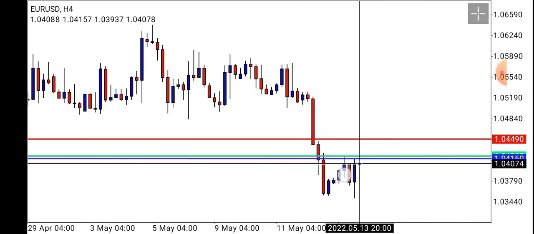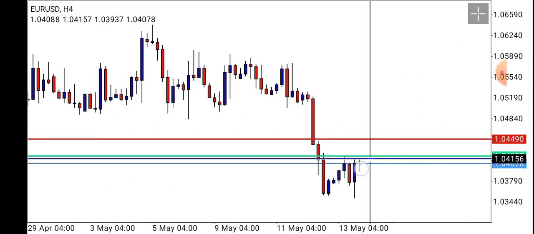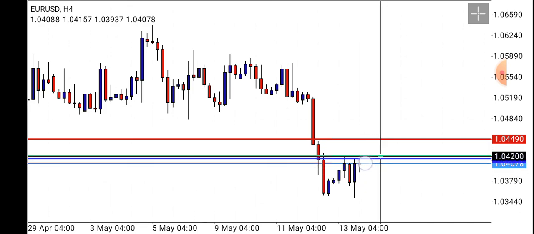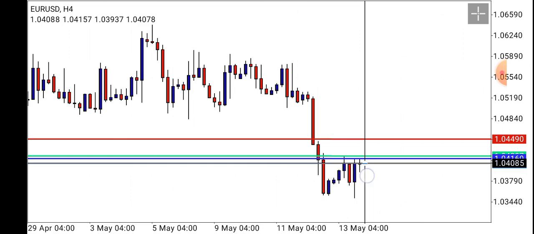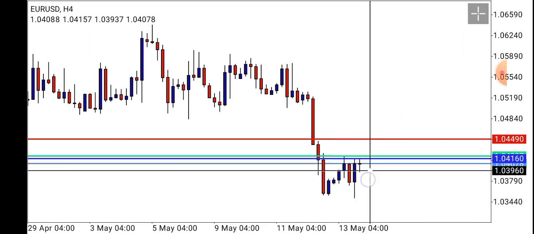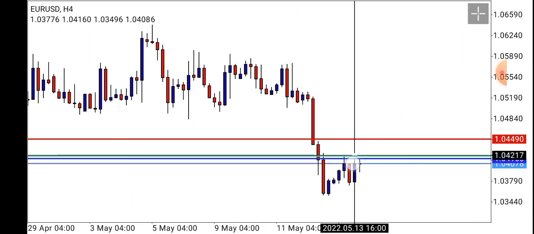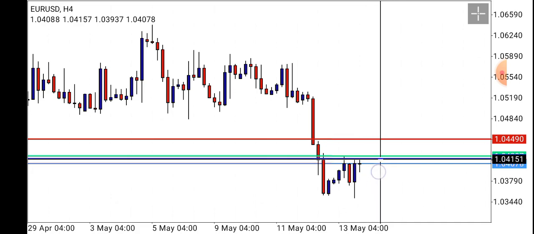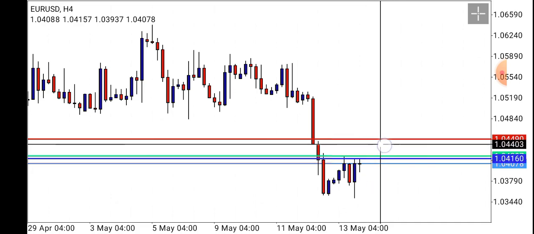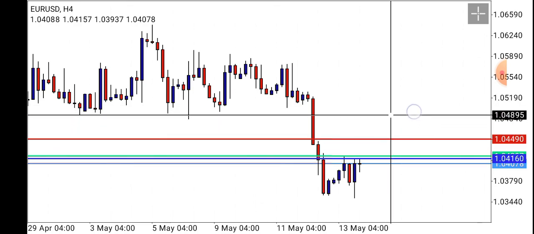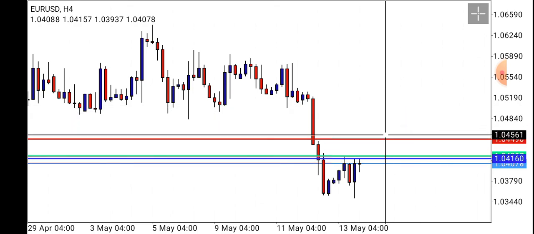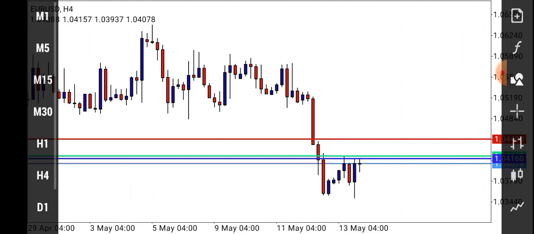All I need to wait for is a candle closing above the 4-hour and daily pivot. If a 4-hour candle or 1-hour candle closes above the 4-hour and daily pivot, I would enter a buy. And if you go down to 1 hour,